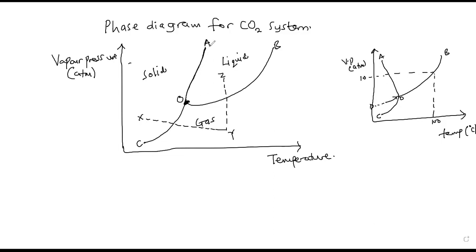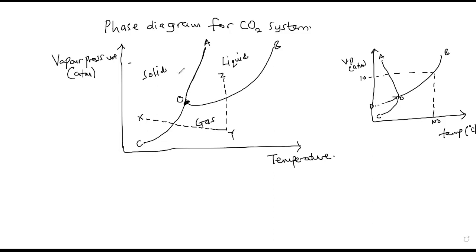But here, for carbon dioxide, line OA slopes away. You see the distance, even if you compare the distance, you can see that the distance here is quite bigger compared to this. So for the carbon dioxide system, this line OA slopes away from the vapor pressure axis, indicating that